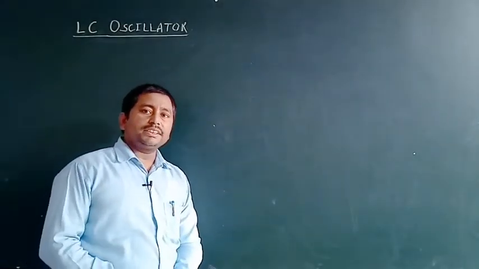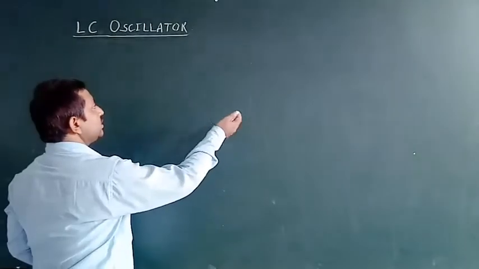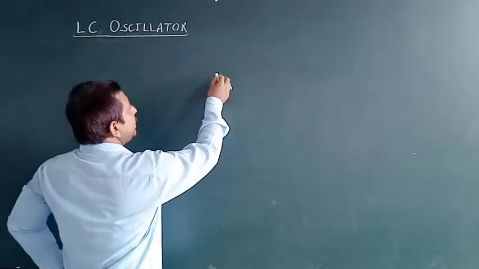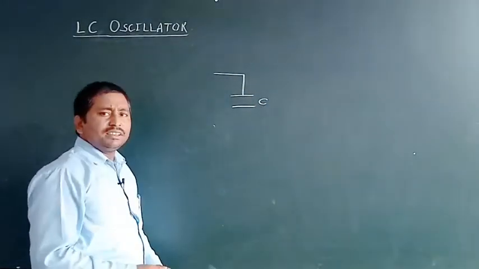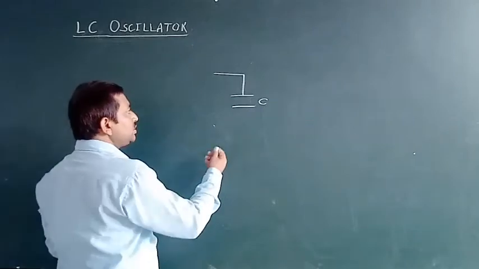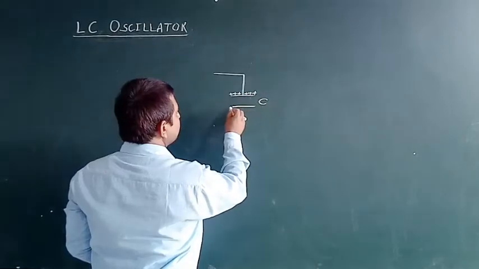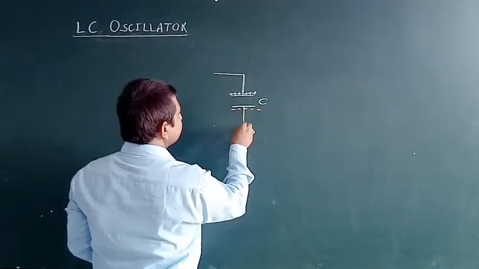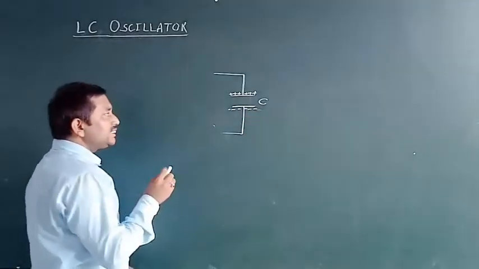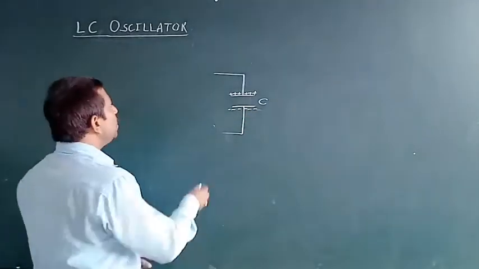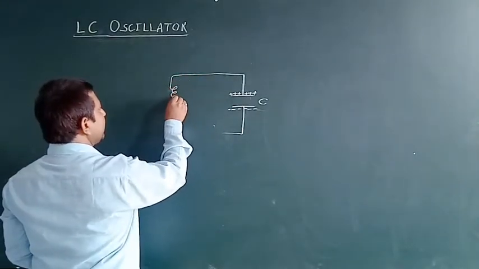Hello students, let us start our discussion about LC oscillator. For this, let us assume that we have a capacitor of capacitance C, and this capacitor is assumed to be fully charged initially. So the total charge present on the capacitor is like this, and if this charged capacitor is connected to an inductor which is connected in parallel like this,